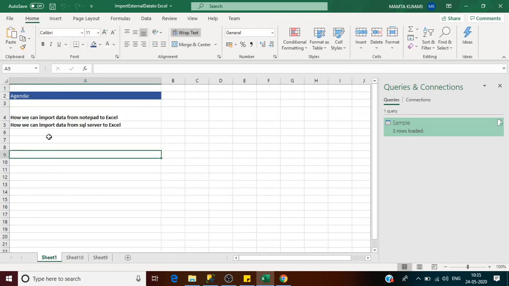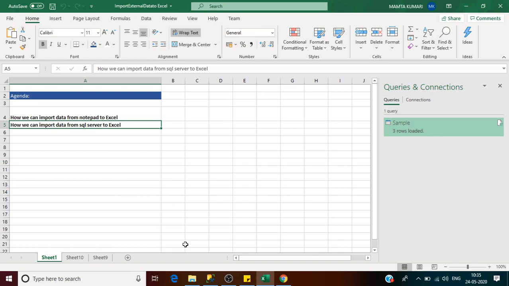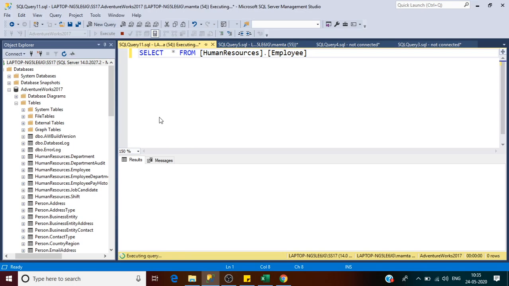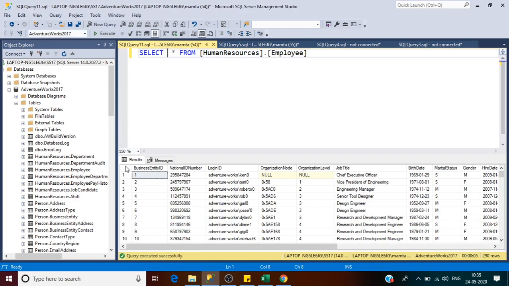The next topic we are going to cover is how we can import the data from the SQL Server to Excel. Let's suppose that we have employee details in the database, and your manager or DU lead or organization wanted that data in an Excel sheet to be mailed. In such a scenario, one way is you open your SSMS and fire this query. If you wanted all the data from the employee table, you fire this query. Then wait for the result set, copy this result set and paste it over the Excel sheet.